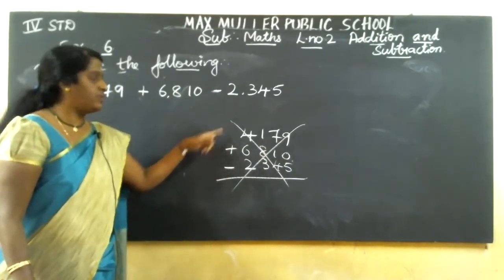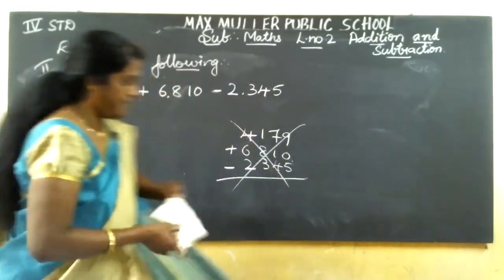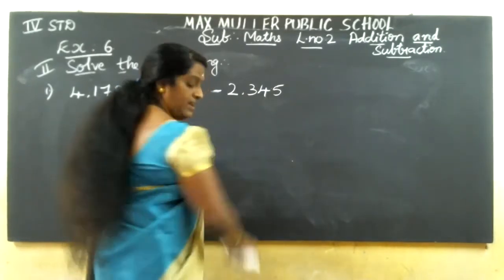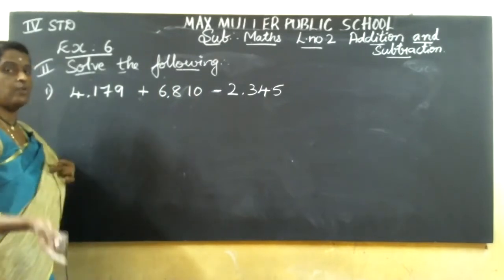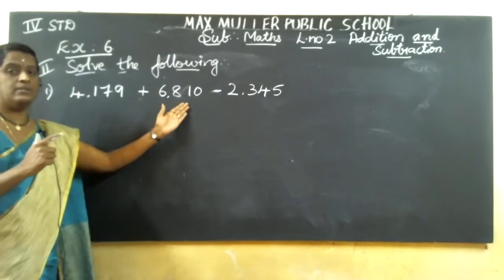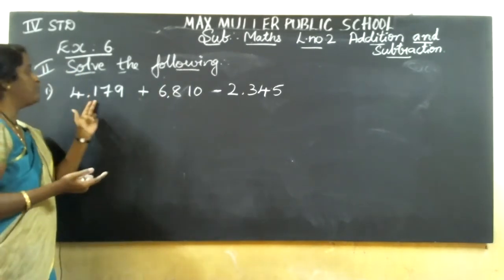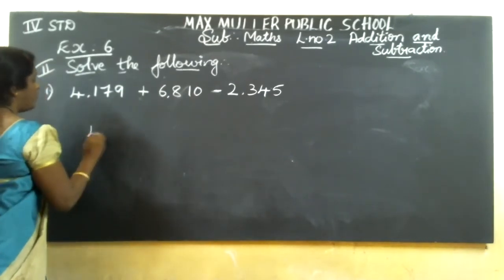This is wrong, children. You should not copy like that, okay? You should read the heading. Whenever you write a test or do the sums in classwork or homework, you should read the heading. If I give it like this, that is add vertically. This is solve the following. Plus and minus, both are there. So first we have to copy